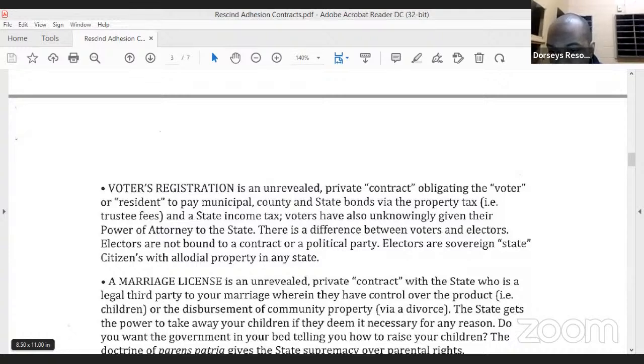Says debt collector, inspector. Yes, those are the skip tracers I was talking about earlier. They're debt collectors, they're vultures. They target you like open prey. Yes, you got to remove those adhesion contracts.